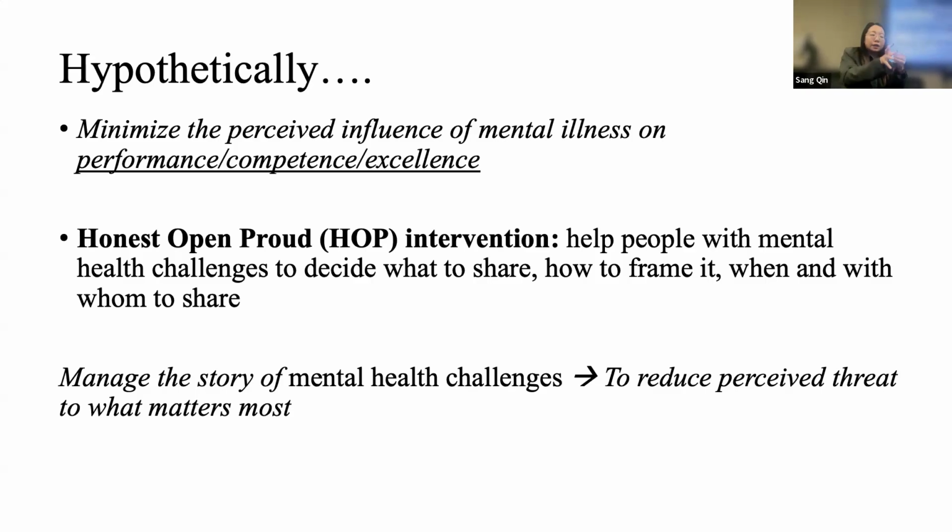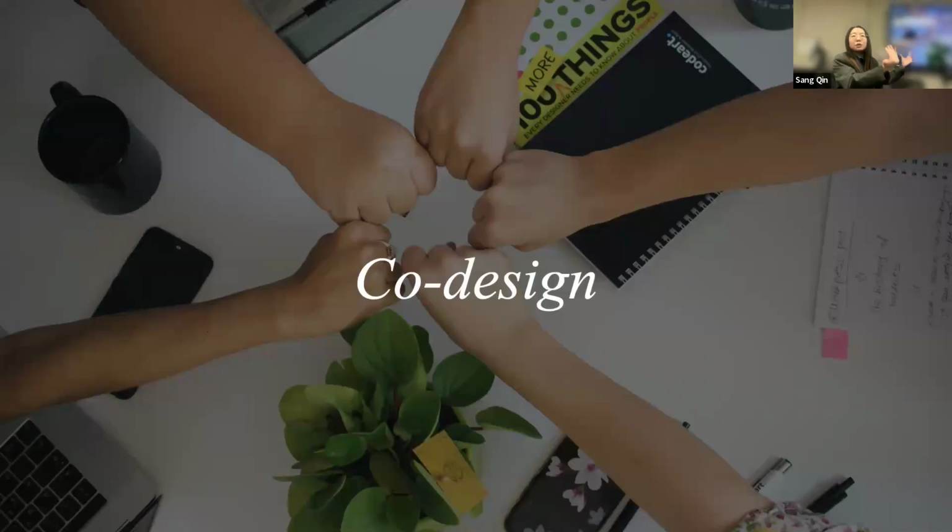Mental health can be managed to disconnect with the performance piece. So this is a hypothetical case I'm making here. Let's say this is the intervention we want to develop, and we want to co-design that with the community. How do we use those methods? Then we move into the co-design phase. We want to use this existing intervention by addressing this very specific method here.